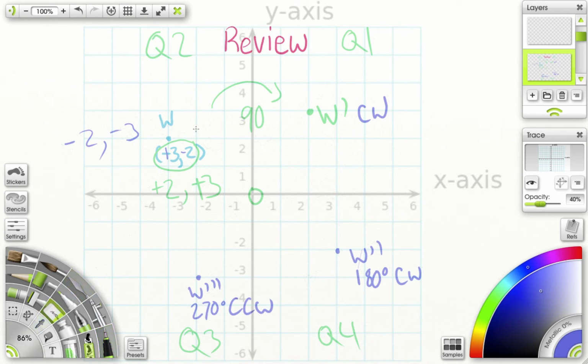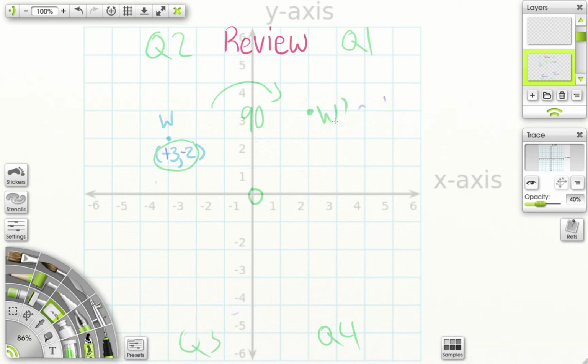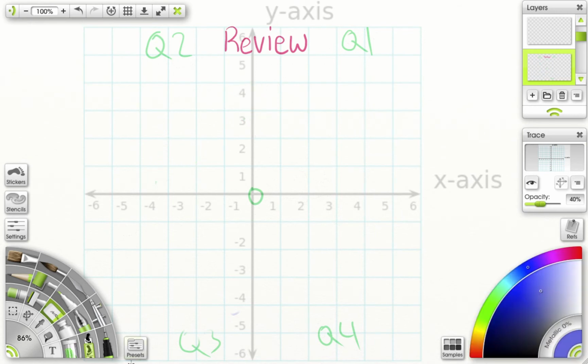All right, so let's do another point. Let's do a different point than W. Let's do -4, +2, and we're going to do rotations counterclockwise. And this is going to be called point M. So to take point M, which is -4, 2,